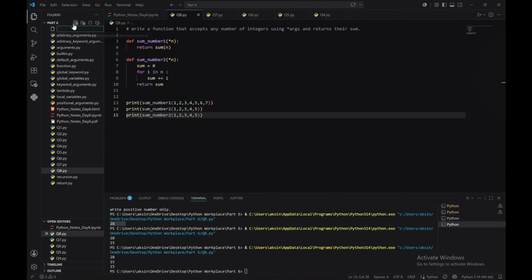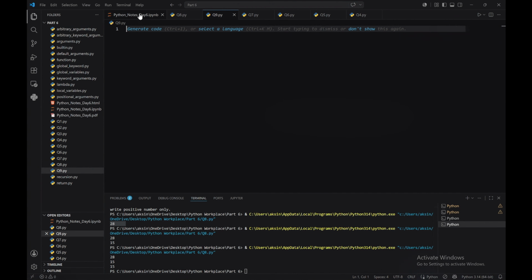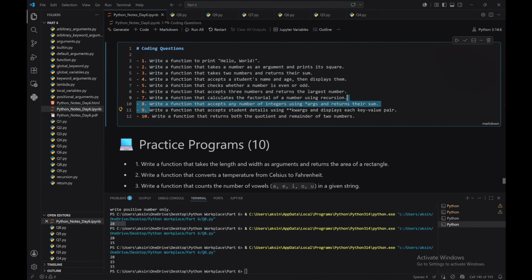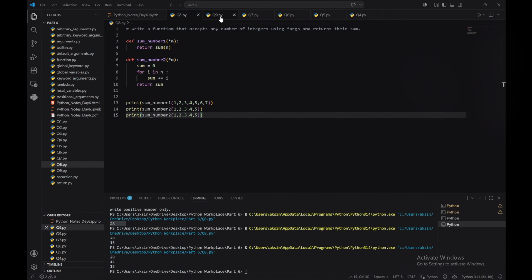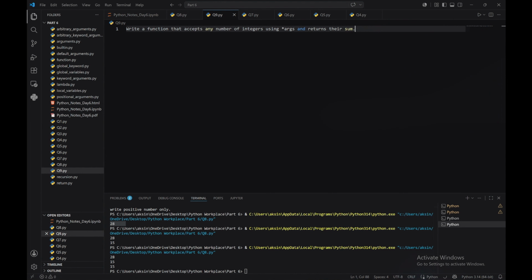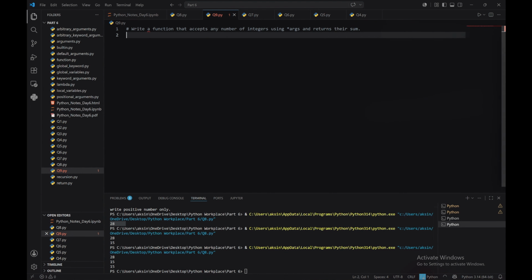After that there is also one more. Let us go with our ninth question dot py. So our ninth question is: write a function that accepts students' details using key value and displays each key value pair, any number of. So first we are going to write the question and create a function